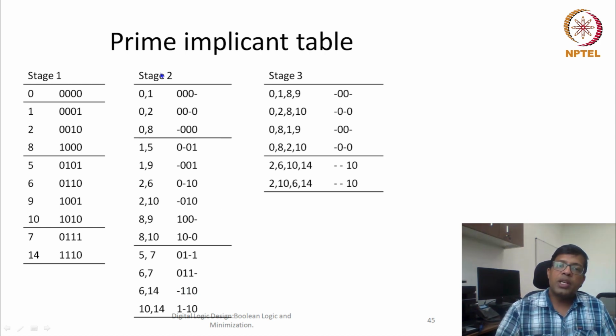During this combination we can also see whether the same principle holds or not. The difference between this pair and this pair is again a power of 2. So for 0 1 and, let's say, 8 9, the difference is a power of 2, that means 8. Similarly the difference between 0 2 and 8 10 is again a power of 2. So first of all, the difference between each pair has to be the same and it has to be a power of 2, which means they can be combined.